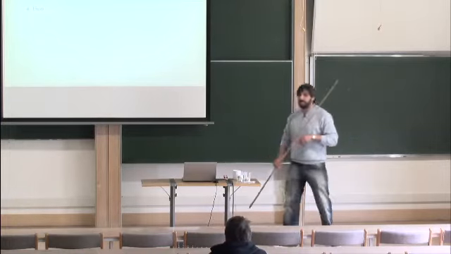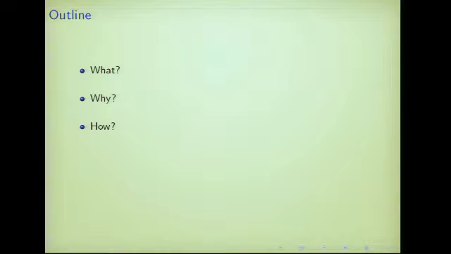So in three lines, the outline of the talk is what I'm going to be describing, why it's interesting, and how I'm going to do it. The object of the study is the Cusp anomalous dimension, or to be more precise, the expectation value of a Wilson loop with a Cusp angle.